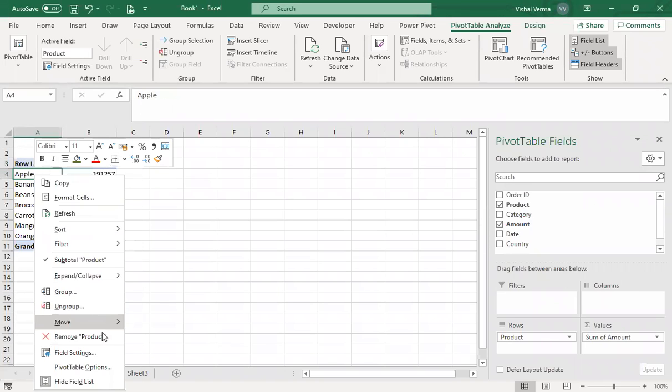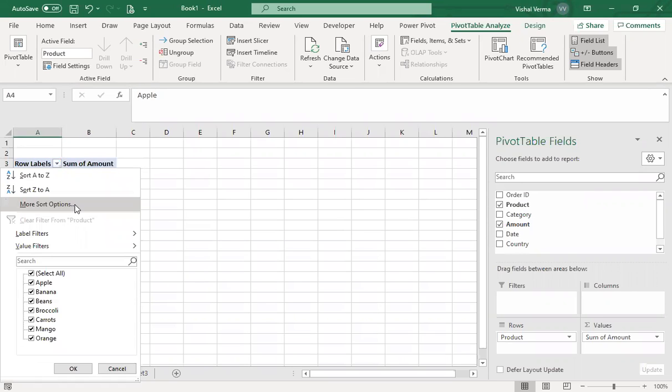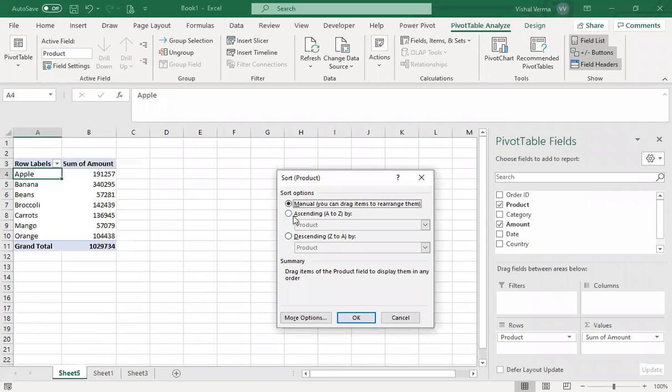Okay, and then we can go here and see the sort option. Either way you can go for sorting, getting the sort option. The lighter way is to get it from the detail here. So we want that data to be arranged in ascending order, A to Z, on the sum of the product,